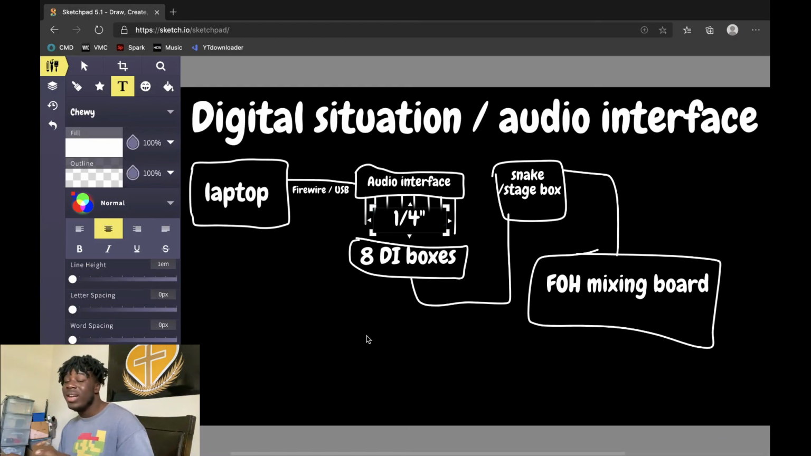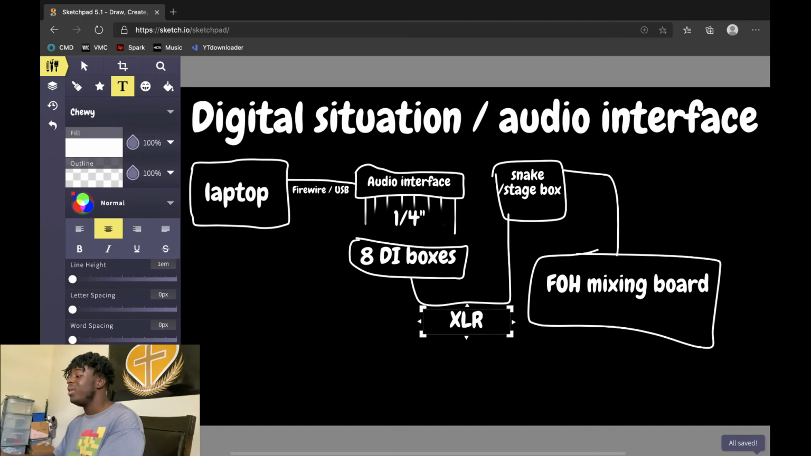Then that's going to go into the DI box, because depending on what DI box you have, I'm pretty sure it's all of them, but it's going to take 1/4 inch inputs. Then from the outputs of the DI boxes, those will be XLR. Okay. So XLR to the stage box, and then, depending on what kind of system you're running, the stage box will be connected to the front of house mixing board. Okay,